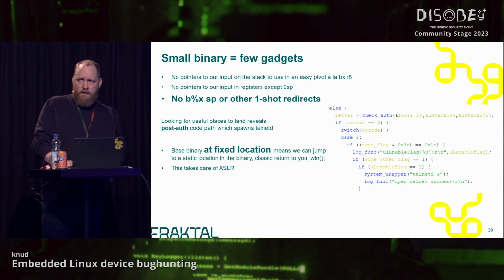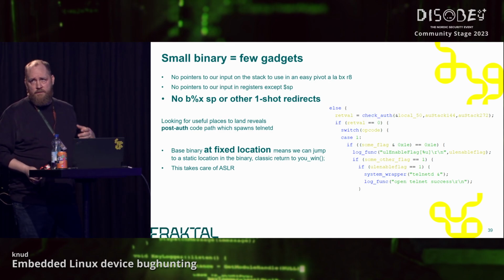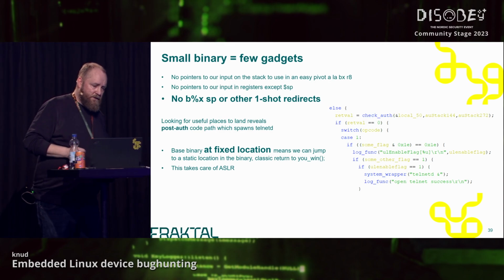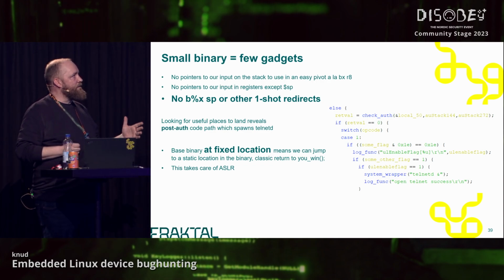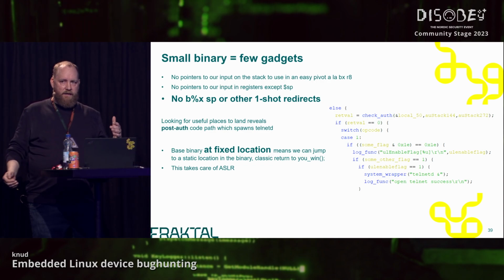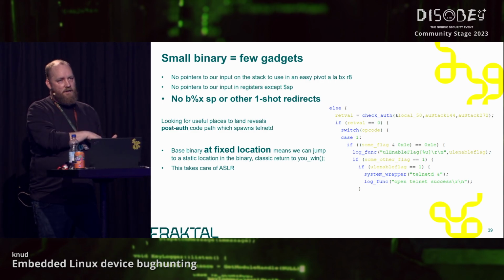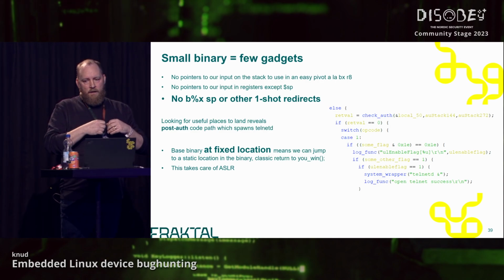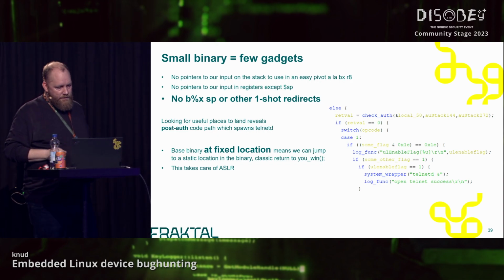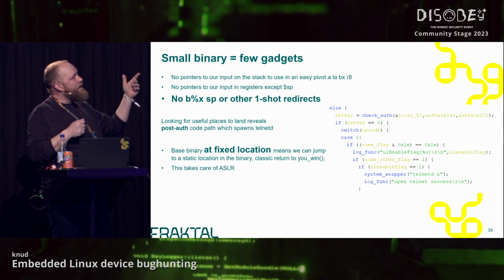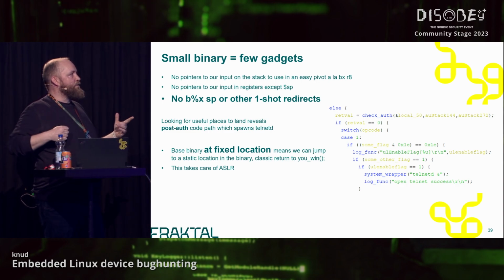So it's only the stack layout that's randomized, which means that you can do these return to libc style attacks where, because the base address of the binary itself isn't randomized, you can actually just land in one static location in the binary and then make it do something which is beneficial to you, right? So in this case, looking at somewhere good to land,